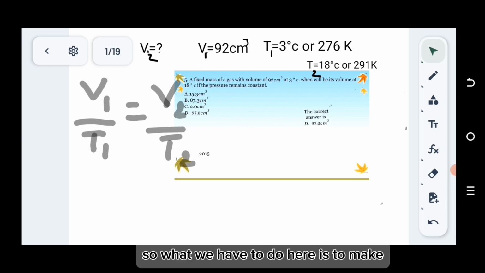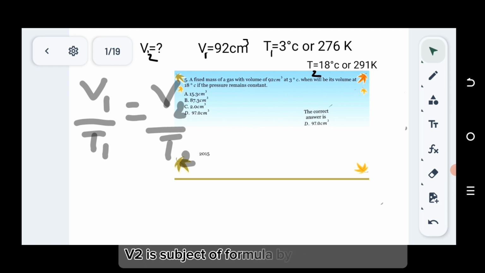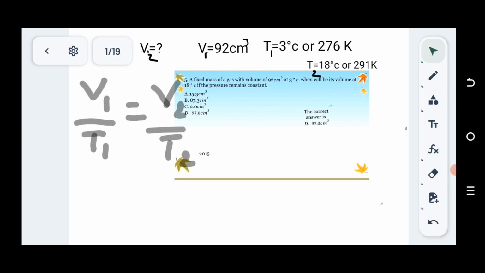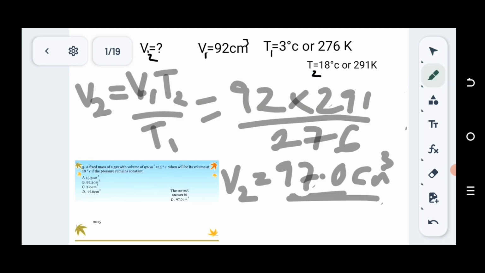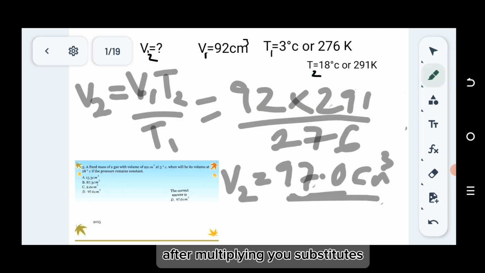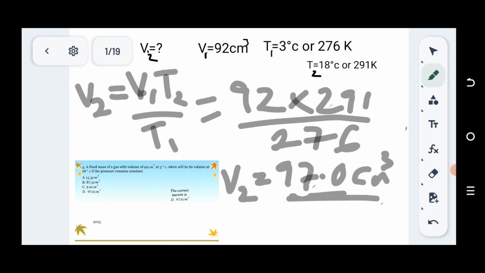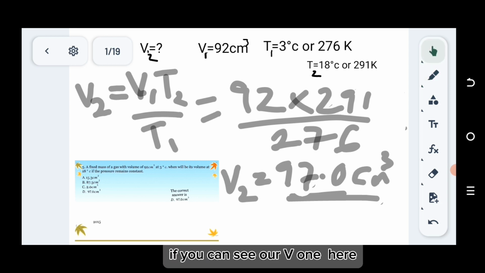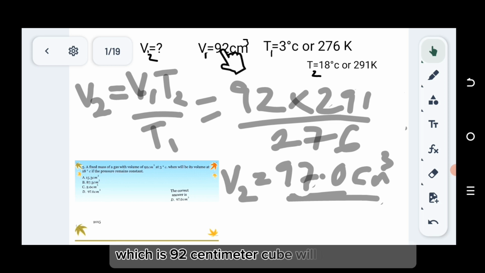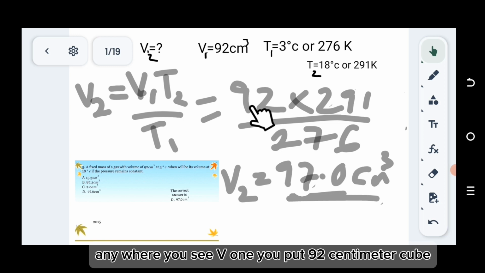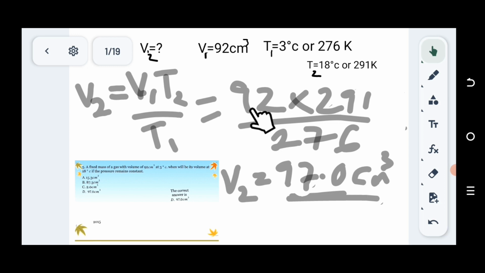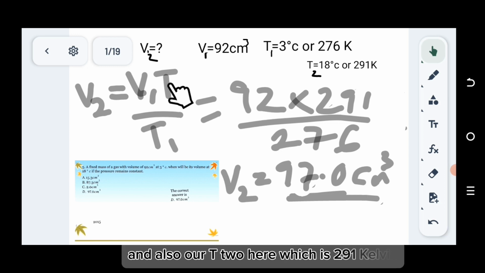So what we have to do here is to make V2 the subject of the formula by cross multiplying. And when you cross multiply, after multiplying you substitute. If you can see, our V1 here, which is 92 centimeter cube, will be substituted. Anywhere you see V1, you put 92 centimeter cube. And also our T2 here, which is 291 Kelvin,